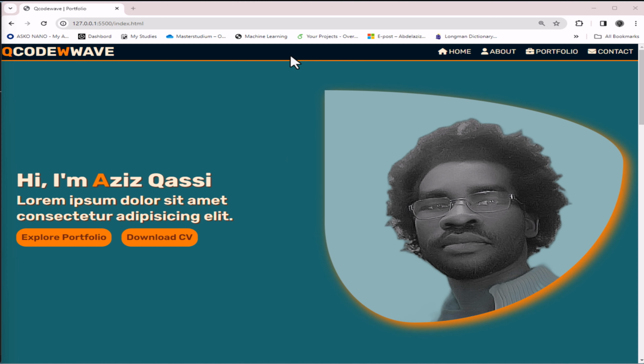We will start by creating a header that includes a logo, navigation links with the different sections: home, about, portfolio and contact, and a hamburger menu for smaller screens. Next, we will design a hero section that immediately catches your visitors' attention. It will feature a welcoming message, a brief introduction, and call to action buttons like explore and download CV, with an image on